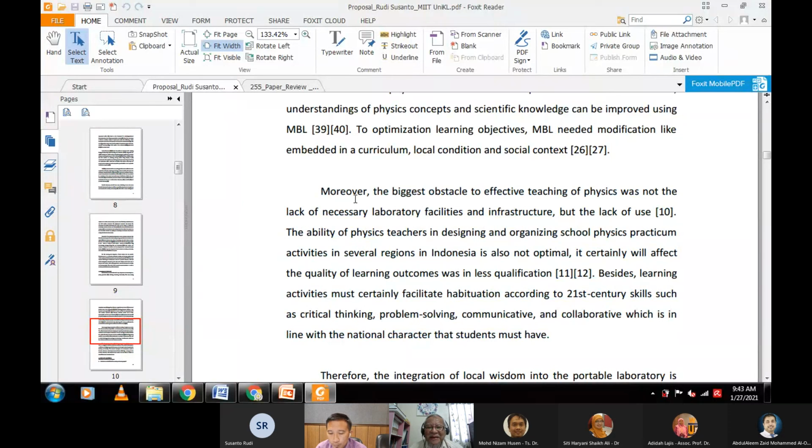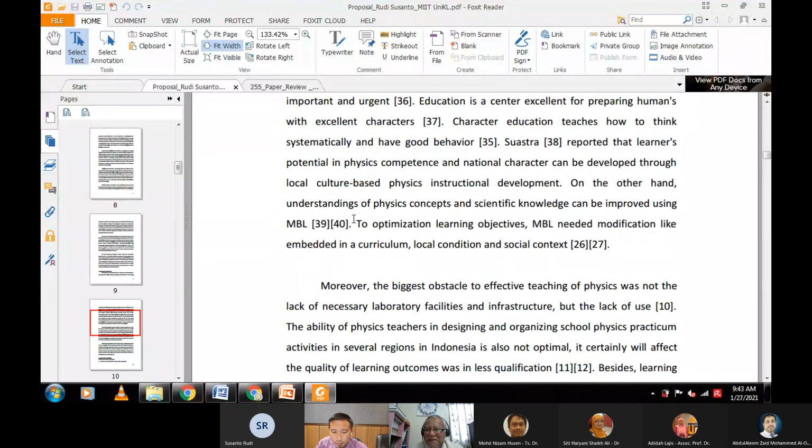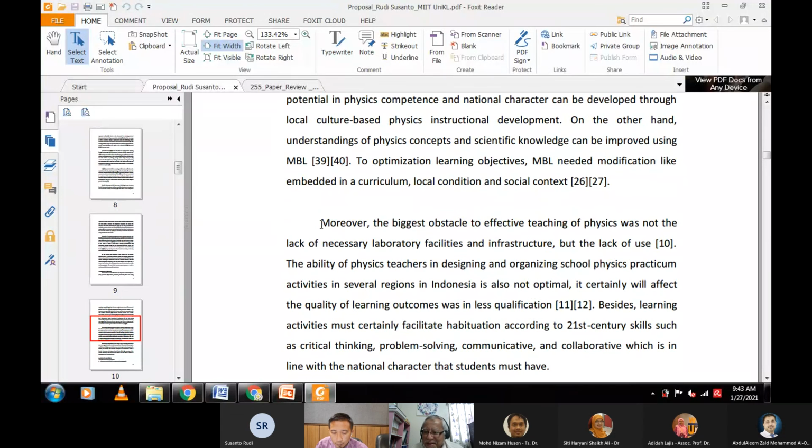Okay, there is somewhere in your PDF saying that infrastructure is actually not an issue. Okay, it's not an issue. The biggest obstacle to effective teaching of physics was not the lack of necessary lab facilities and infrastructure, but the lack of use. So meaning that when you try to highlight the use of this portable lab,